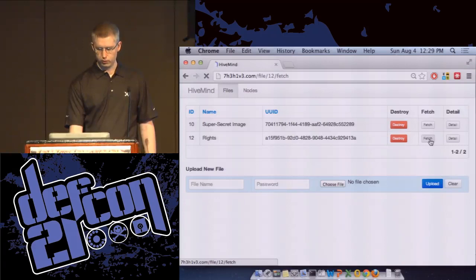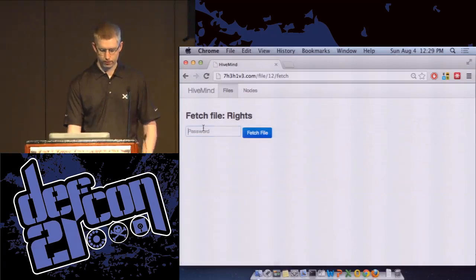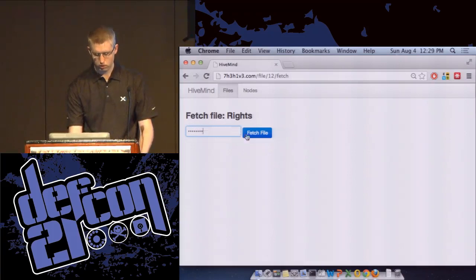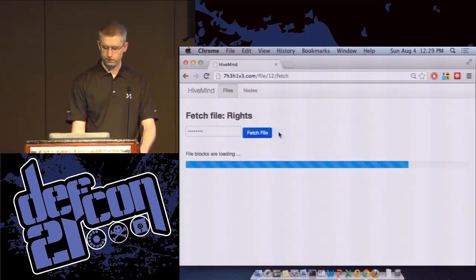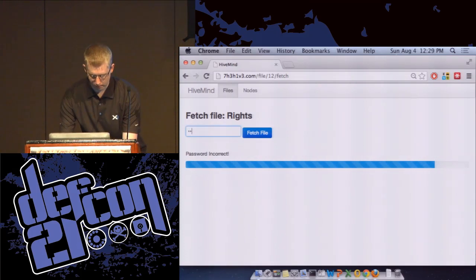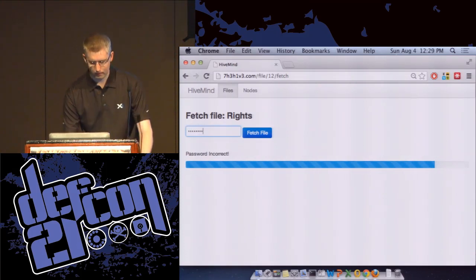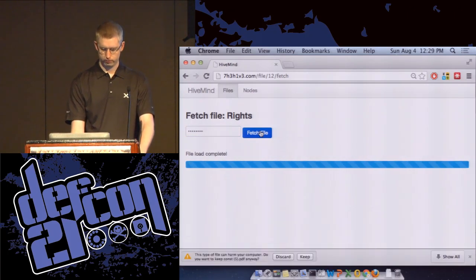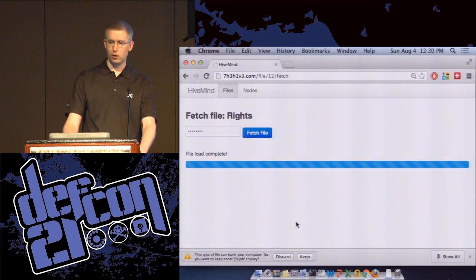When we go into the fetch dialog, we put the password back in and go ahead and fetch the file. It loads all the different file blocks, and looks like I typoed it. And I may have typoed it when I created it. There we go. All right, and this is a real-time loading bar,